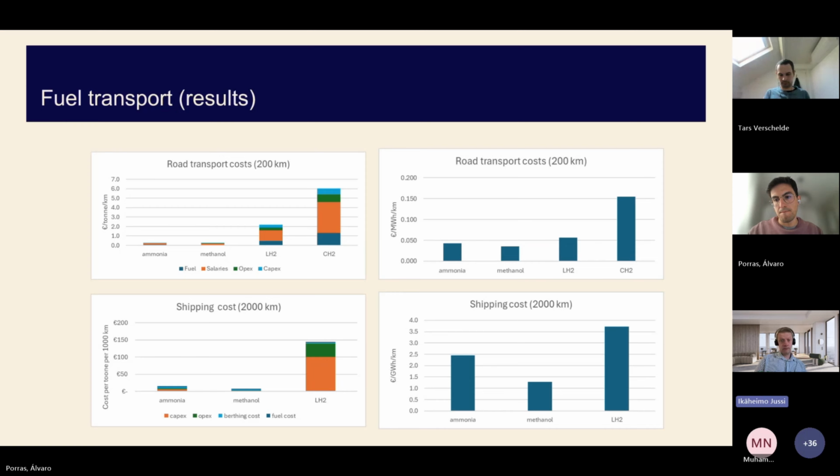So for example, you can see that there's a huge capital cost when transporting pure hydrogen. And for shipping, this is of course just an estimate, because there's no existing shipping of liquid hydrogen.